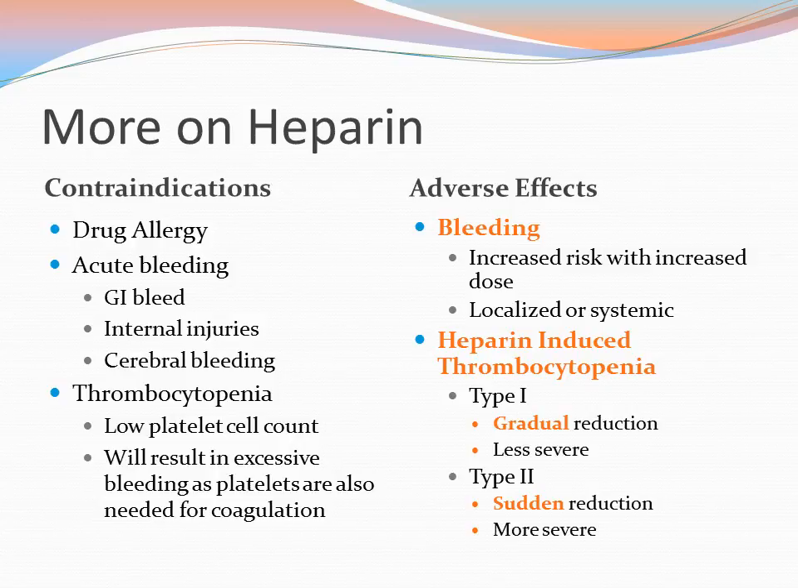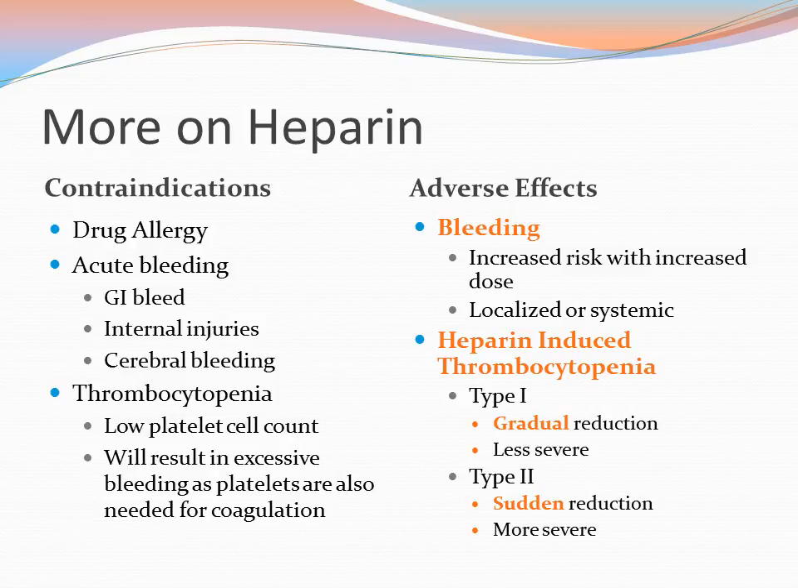The other time you might have acute bleeding would be cerebral bleeding or bleeding on the brain. And for this, you might see their level of consciousness decrease. You'll see it come through on a CT scan or an MRI of the patient as well. And then if the patient has thrombocytopenia, which is a low platelet cell count, what happens if you give an anticoagulant with thrombocytopenia is it just causes excessive bleeding because the platelets are also needed for coagulation. So if they have no platelets and then you give them an anticoagulant, they just are that much more at